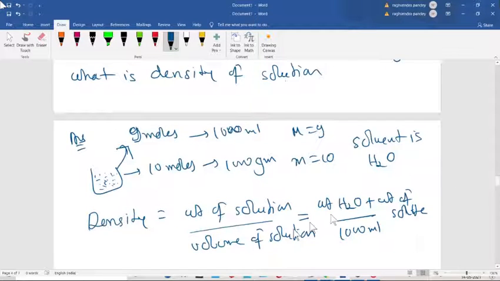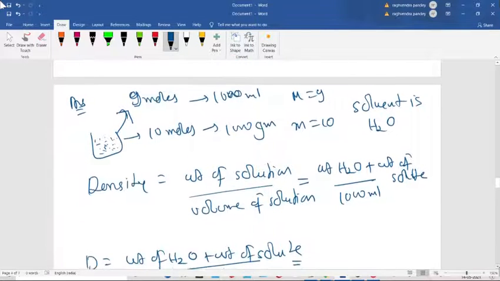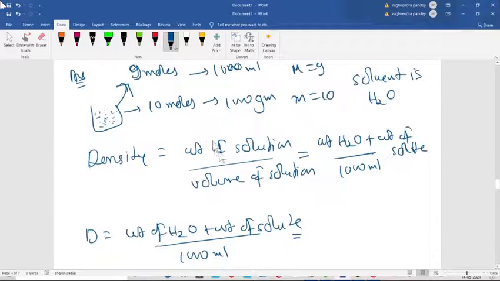If we talk about this 9 moles, okay, so in 1000 gram there are 10 moles of it. So 1000 gram means we calculate, so that will be